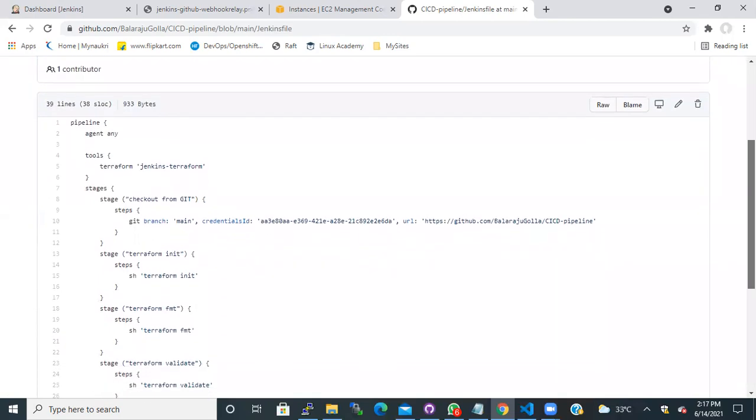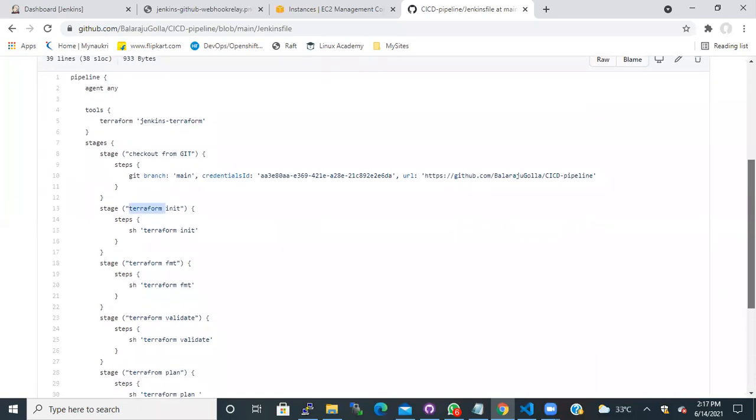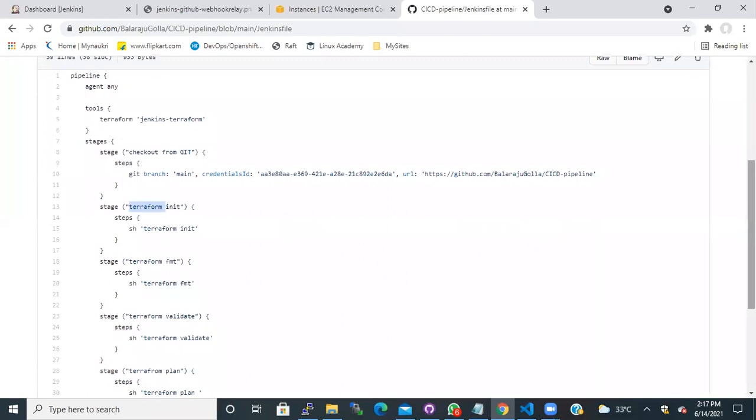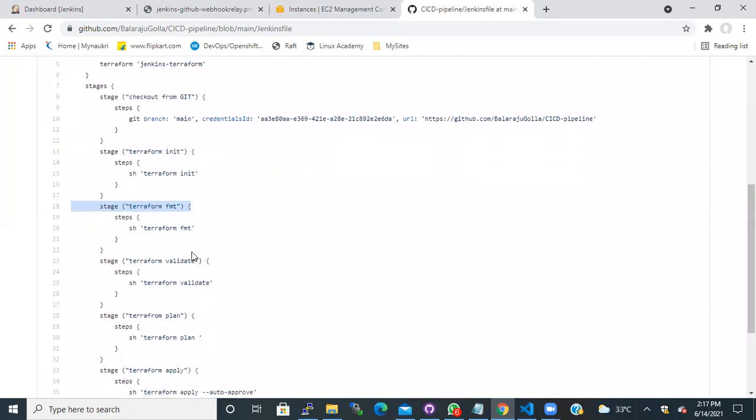In my case, it is just checking out the code from Git, and then performing Terraform init. Terraform init will be performed to get all the modules configured or installed, and then I'm performing Terraform format, the code format, and then I'm validating that code, whether everything that we wrote is right, or we need to make any changes, or if there are any issues.